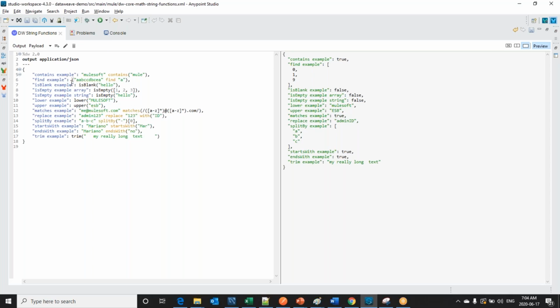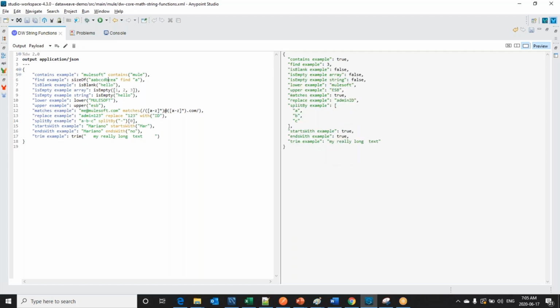If I write it like this, don't worry about the size function. We are going to see it in upcoming sessions. Now you can see the size of the occurrences of A is 3 times. Let me put one more, then it will result in 4. Don't worry about size right now. We are going to discuss it in coming sessions.